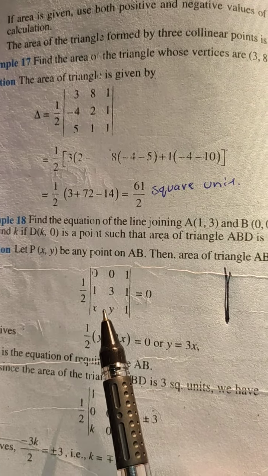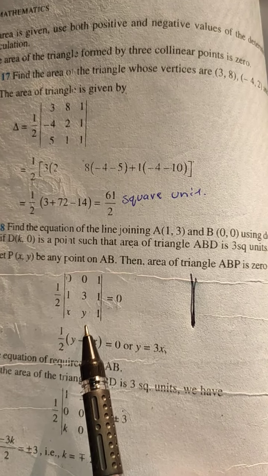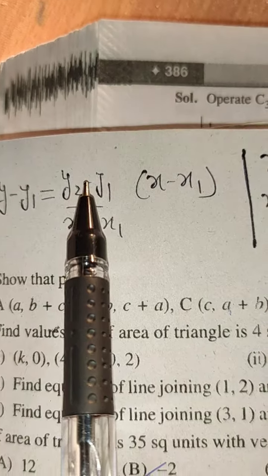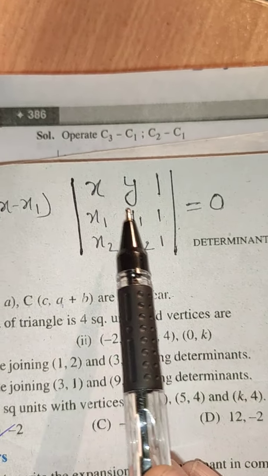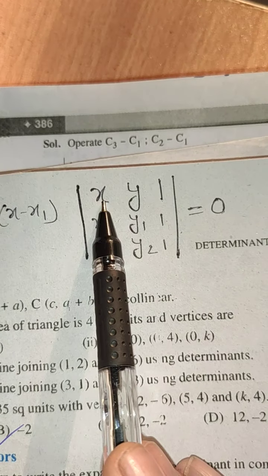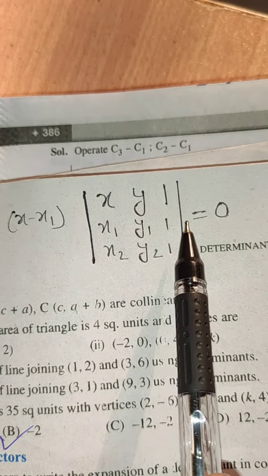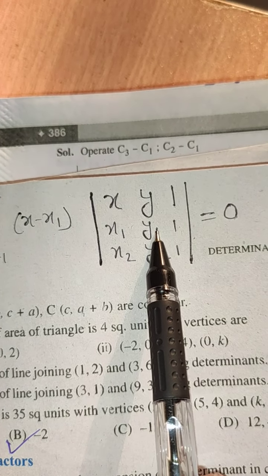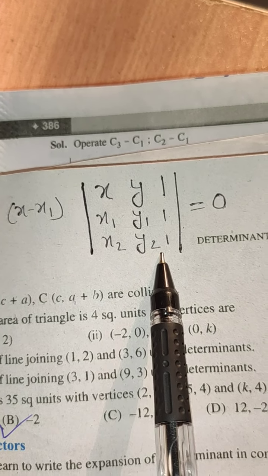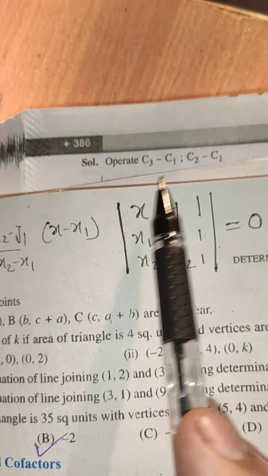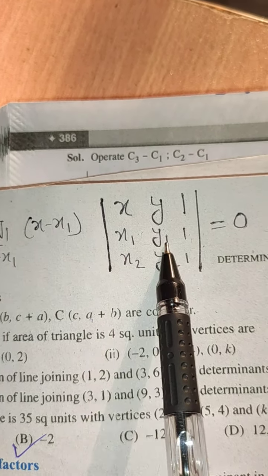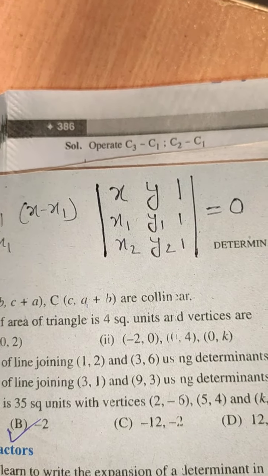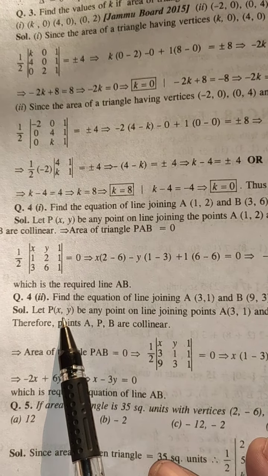We can also form a formula for the equation of a line passing through 2 points. Last year in 11th class we had studied y minus y1 is equal to (y2 minus y1) upon (x2 minus x1) into (x minus x1). What is the formula in the form of a determinant? In the first row you will take x, y, 1, then x1, y1, 1, then x2, y2, 1, is equal to 0. Here x1, y1 is the coordinate of the first point, and x2, y2 is the coordinate of the second point. As you simplify this determinant, you will get an equation of a line which passes through x1, y1 and x2, y2. Question 4 is given on this concept.